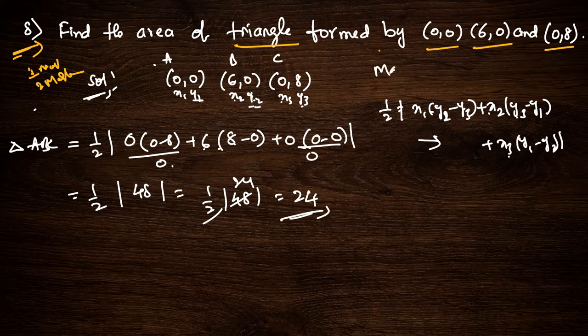This will come for your 2 marks question, maximum 2 marks question. Okay, 2 marks or 1 mark maximum. So if you write the formula only, you will get 1 mark compulsorily. Okay, so the formula is important here. If you write the formula, you will get the 1 mark. If you do the solution, you will get the 1 mark. Even if your answer is wrong, you will get the maximum marks here. Okay, now moving to the next question.